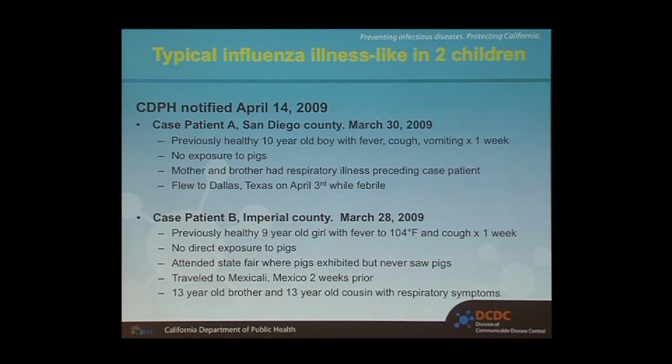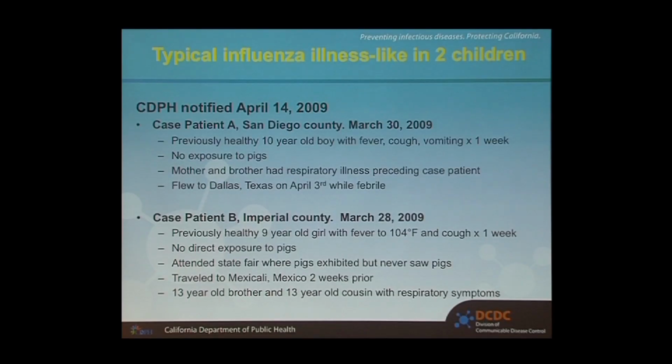So I want to take you back to 2009, where I was overseeing flu surveillance, and it was actually, quite frankly, a really boring year. I really felt like flu was just a dead end. There's nothing happening here. In April, the end of flu season, we were notified at the state about a patient in San Diego